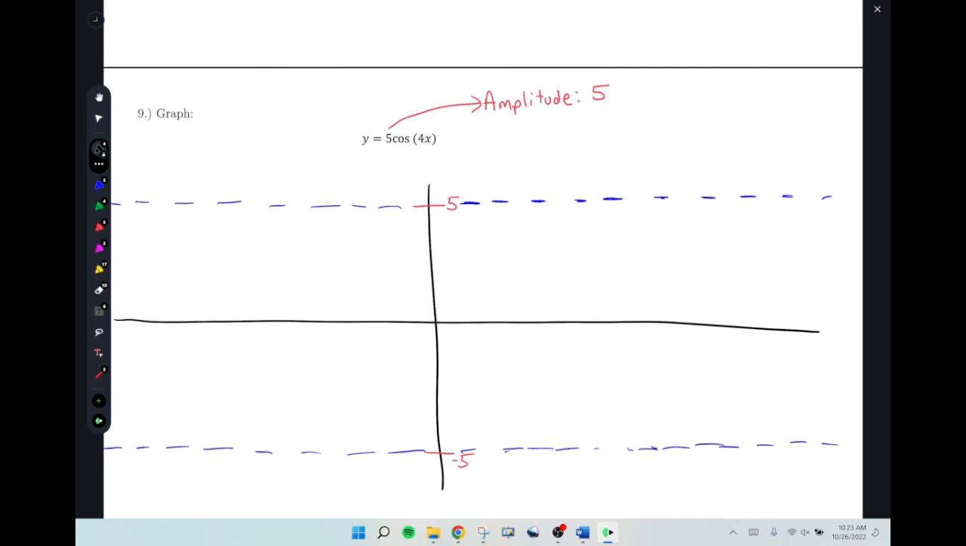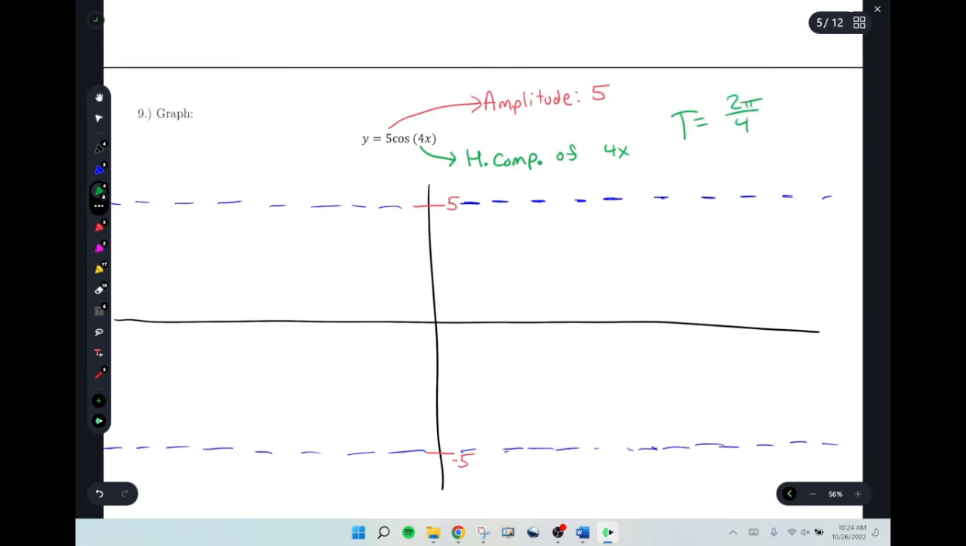Is it a horizontal compression? The inside, right? Multiplication inside means horizontal compression of 4 times. Holy moly, that's squished up. It also tells you a period, right? T equals 2 pi over 4 equals pi over 2. How do you know it's 2 pi over 4? Good question. The formula for period is 2 pi over